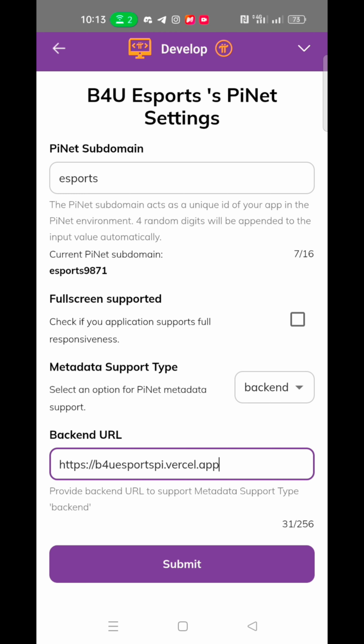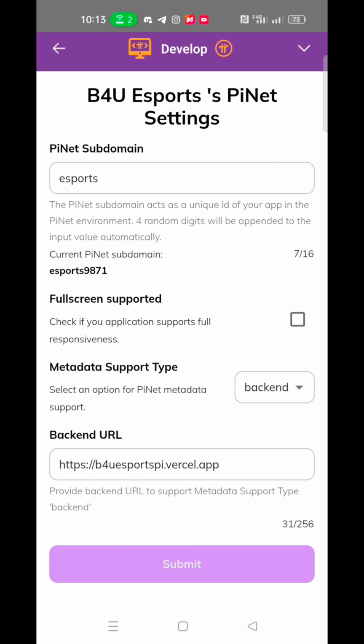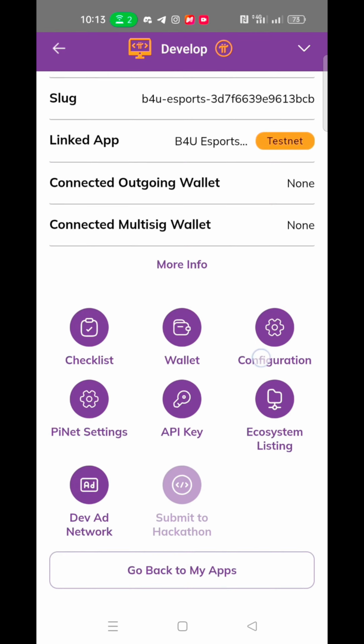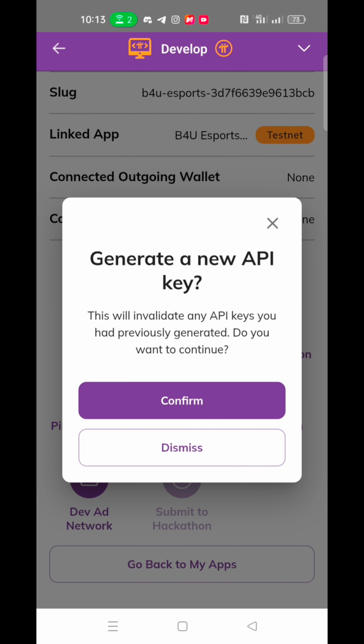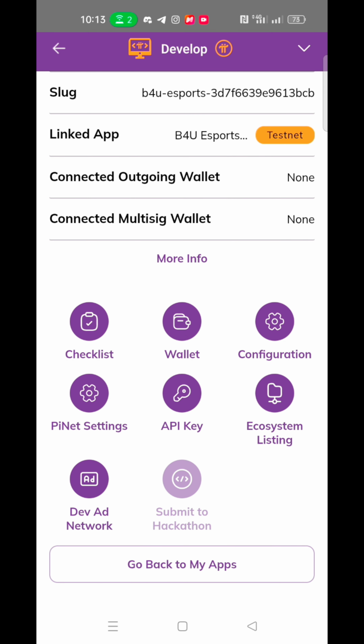And see, in your backend, okay, you can just write it like this only, no need to write app/API or anything. You can just keep this much only and submit, okay. See here, this is backend, not frontend, okay. And you can just do it like this, okay. This is absolutely fine. Now what you need to do is generate a new API key. If you haven't generated it, you can generate it, and you have to enter this already, okay, in your environment key,